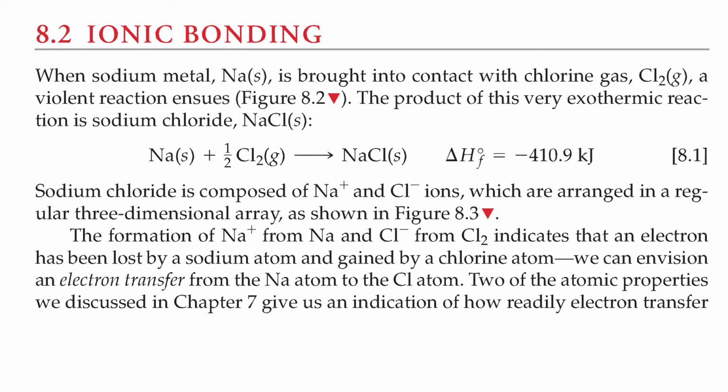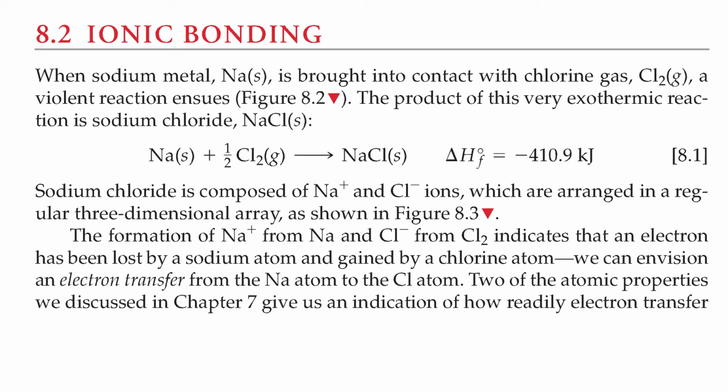Section 8.2, Ionic Bonding. When sodium metal is brought into contact with chlorine gas, a violent reaction ensues. The product of this very exothermic reaction is sodium chloride, NaCl. Sodium chloride is composed of sodium ions and chloride anions, which are arranged in a regular three-dimensional array as shown